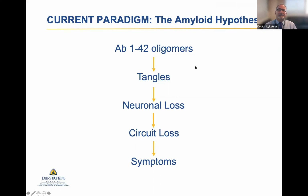So there's a genetic basis for which the belief is that this amyloid precursor protein, which exists in the walls of all neurons, is misprocessed across a lifetime. The misprocessing happens much more frequently later in life, and it leads to the accumulation of oligomers referred to as A beta 1 to 42, that these can assemble into groups of plaques, and that probably the oligomers, not so much the plaques, begin injuring synapses and neurons, lead to the intracellular tangles, neuritic tangles, neuronal loss, eventually circuit loss